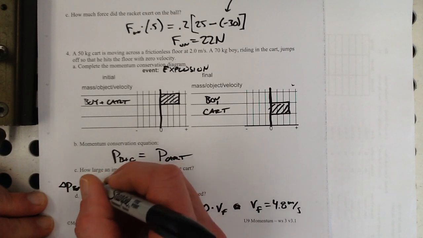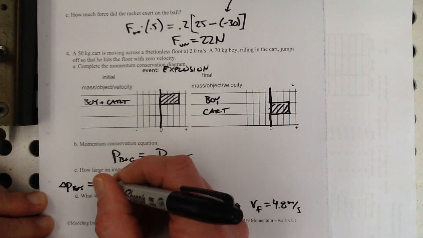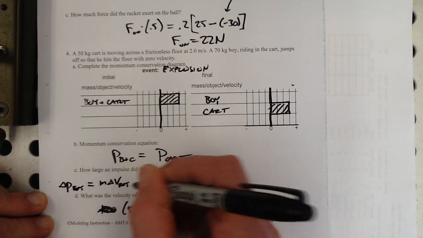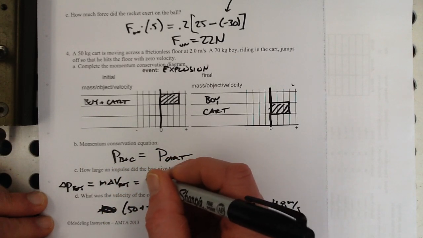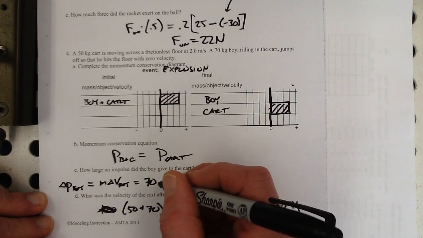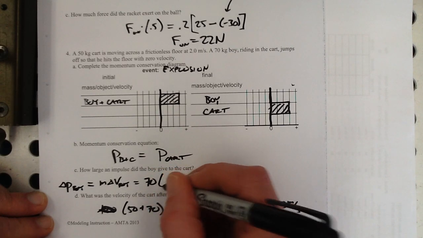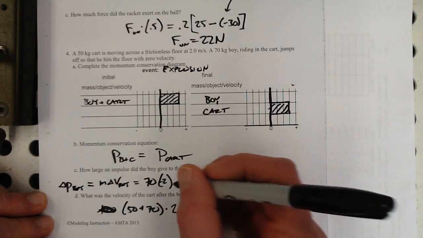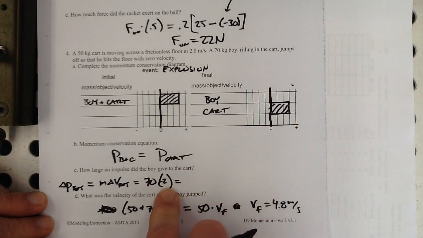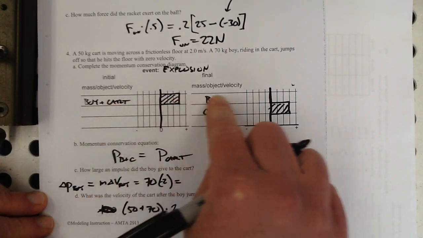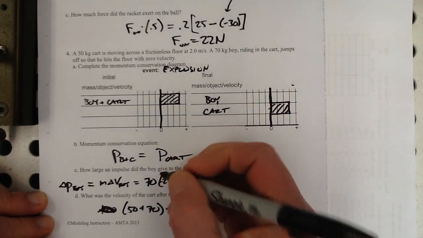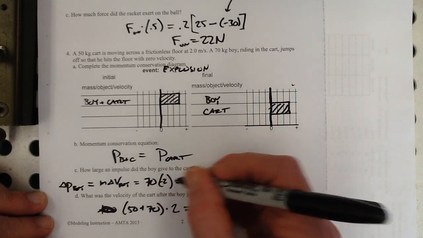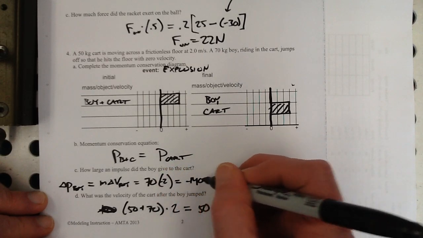He has, that's the mass times change in velocity of the boy, which is mass of boy 70 times, he goes from having 2 meters per second of velocity to having none. Right, so I'm making that -2 because he went from having 2; if you wanted to write out final minus initial, it would be 0 minus 2, right? So that's negative 140